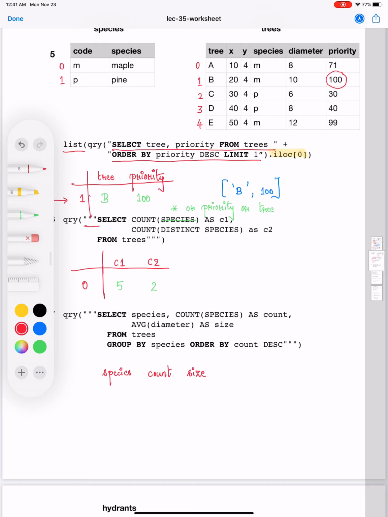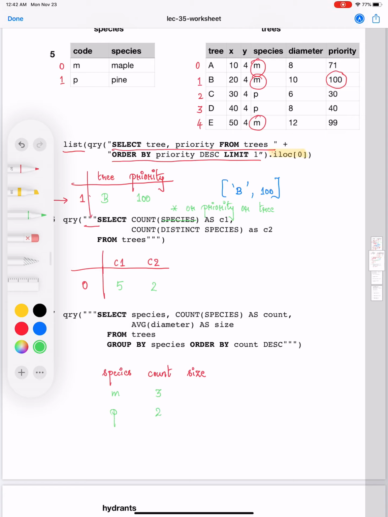We are just counting species over here. So for M species, the count is going to be 3 because you have 3 rows which contain information about maple trees, whereas for the P species the count is going to be 2. So your M species is going to be ordered first. So the first row is going to be M and the second row is going to be P. M has a count of 3, P has a count of 2.